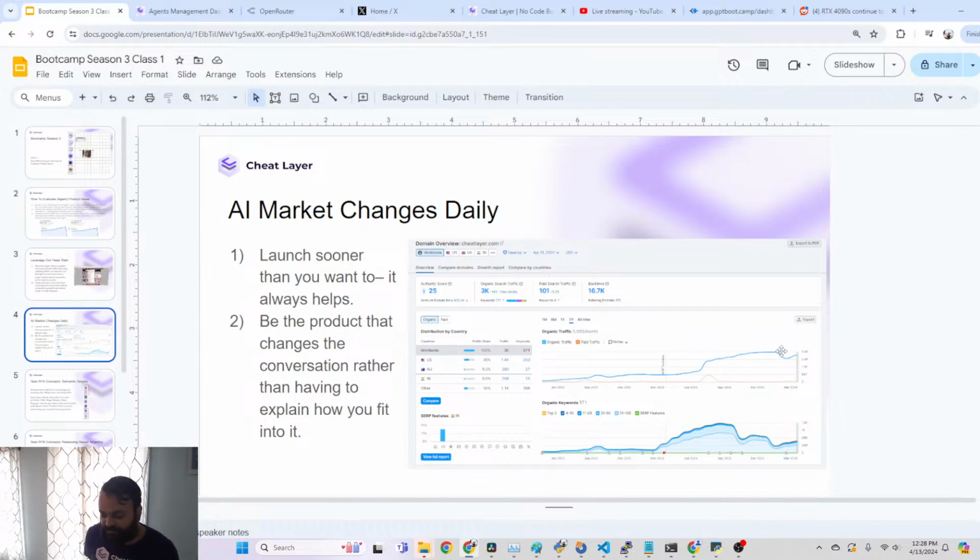So what's my point? My point is that was a very lucky event. OpenAI launching ChatGPT is a once-in-a-lifetime thing. Maybe GPT-5 will be something similar, but it's really hard to predict something like that. But if we had launched sooner, we would have controlled the conversation, and we would still have the same benefit. I would have controlled the conversation with investors, customers, and all that stuff, rather than having to fit into why we're different from ChatGPT, if you understand what that means.